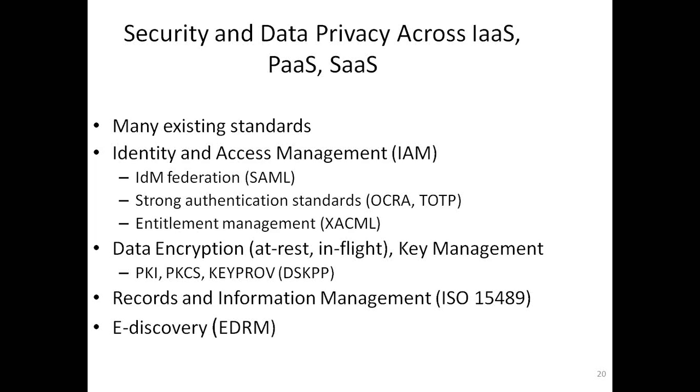The SAML specification has three roles: the principal or the user, the identity provider, and the service provider. The user has to request a service from the service provider. Then the service provider will obtain an identity assertion from the identity provider. Once the identity provider says the user is legitimate, based on it, the service provider can make an access control decision. The access control decision will help the service provider to know what service to give and what level of service to give to the user or the principal.